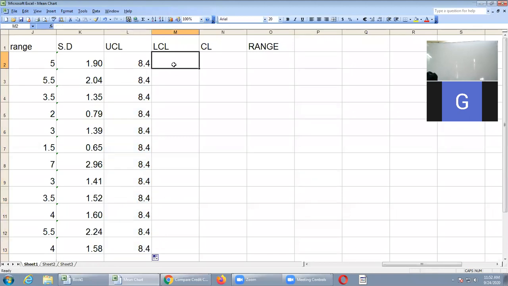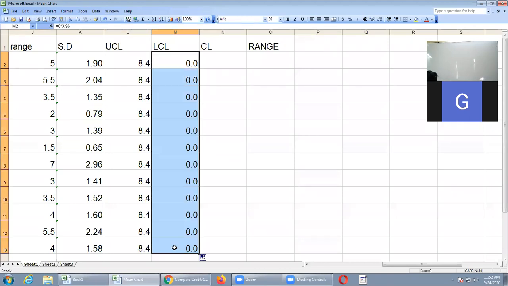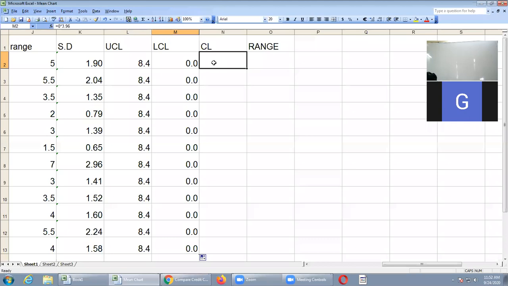And next LCL. LCL is nothing but D3 R bar. D3 is always 0. For any n value, D3 will always be 0. D3 and B3 are always 0. So that means 0 times 3.96. Press enter, automatically you will get 0. 0 times anything is 0. That means you can drag now. You will get the remaining values. Okay. Last one is CL.